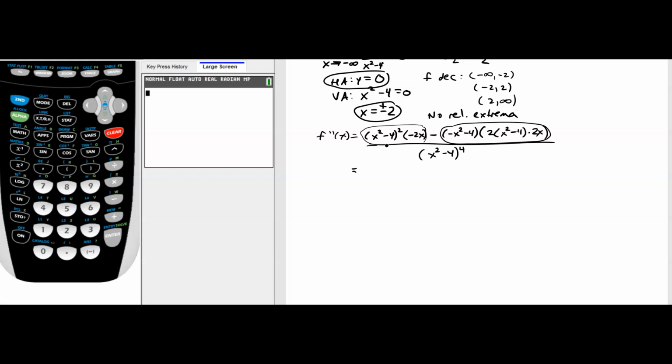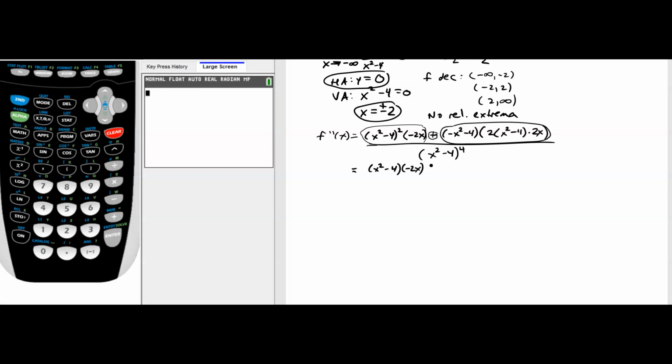So you see this x squared minus 4 squared, and I also see an x squared minus 4 here. So I'm going to pull out an x squared minus 4 to start, and then I'm also going to pull out a negative 2x, because I've got a negative 2x here, and I've got a 2x here with this negative. So if I take this negative with that 2x, then I can take a negative 2x out from both this chunk and then this second chunk. And so this would now become a plus symbol. And so be careful. It was minus at first, but I'm pulling a negative 2x out, and so it becomes